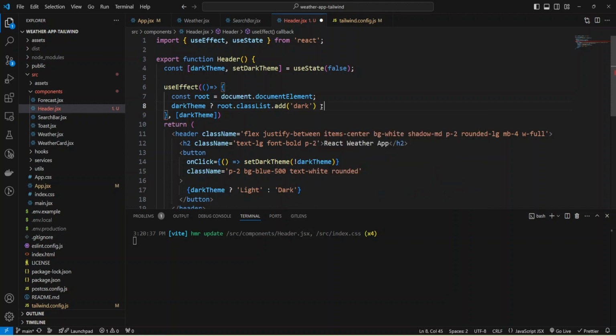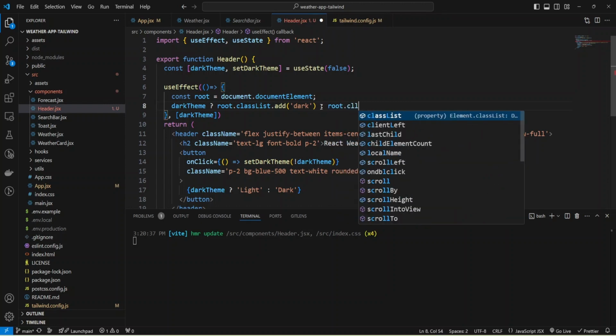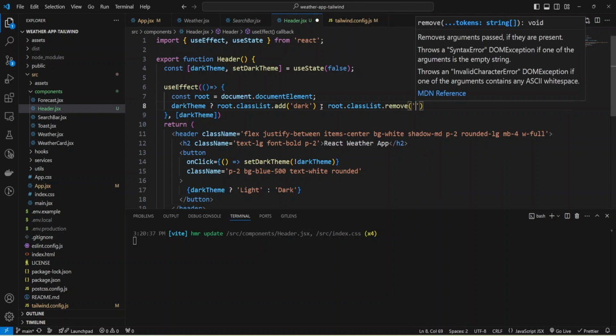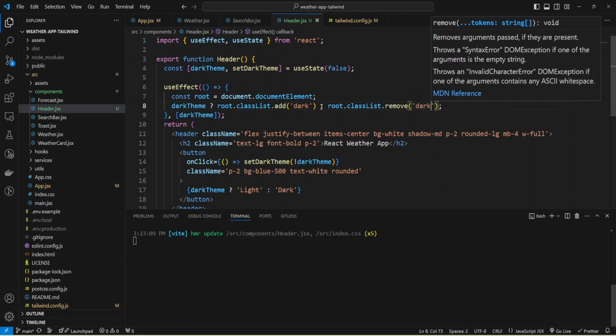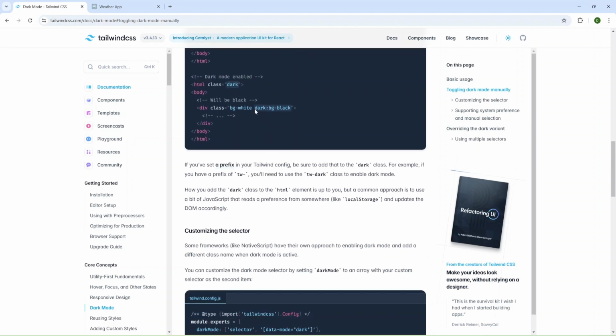And if we don't have dark theme, then I'm going to remove dark mode by removing this dark class using classList.remove and provide the name. And now we can use the dark prefix in our code to define styles for dark mode.